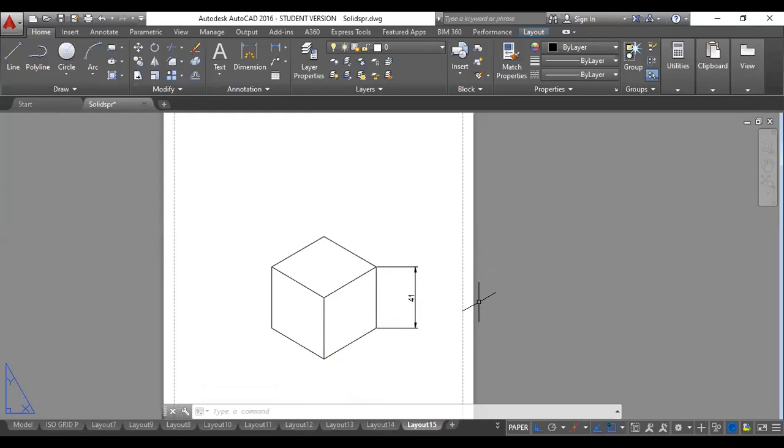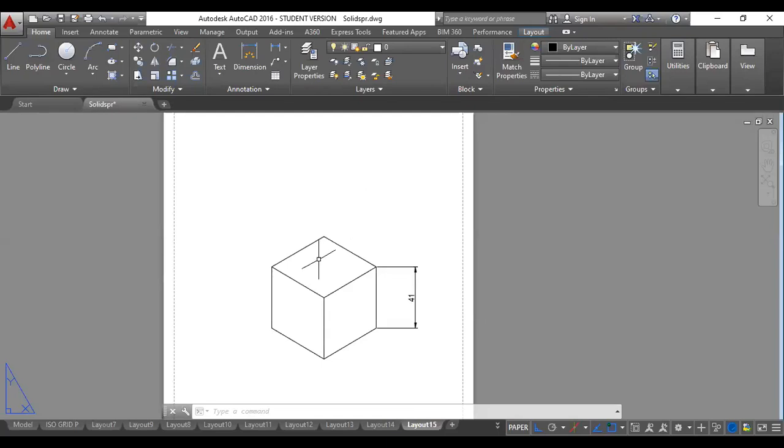This step is important, which you have to do. If you don't convert it, then the scaling will be wrong because the software draws it to the true length only. You are supposed to change it from true length to iso length. So don't forget this particular step once the drawing is done.